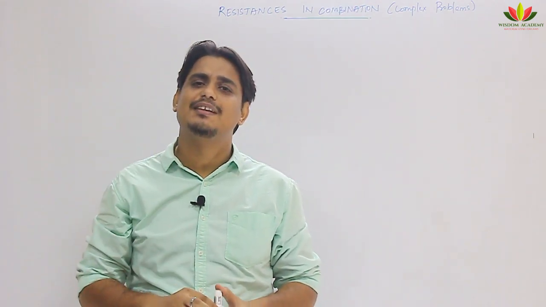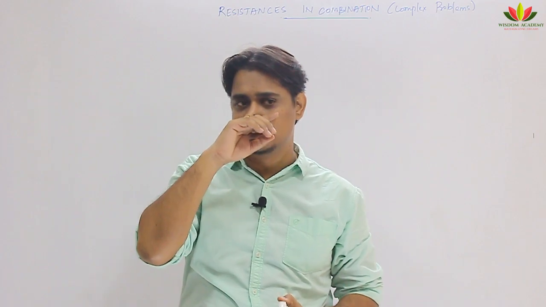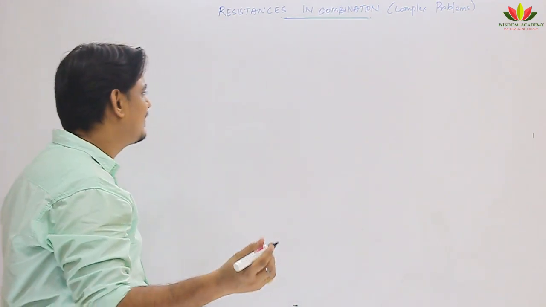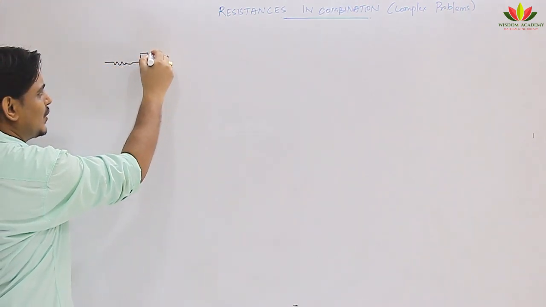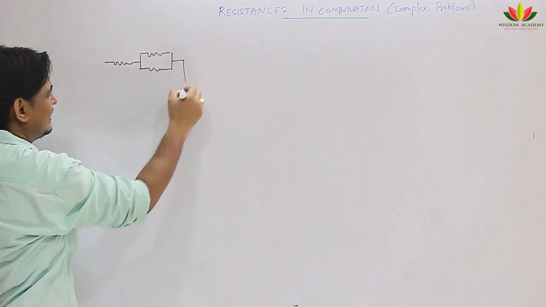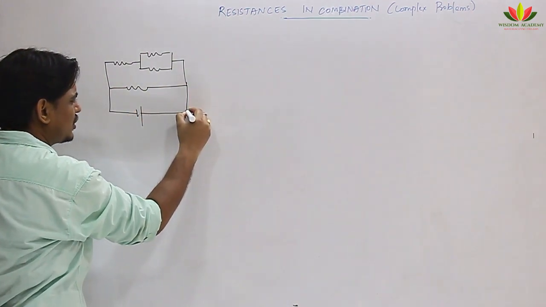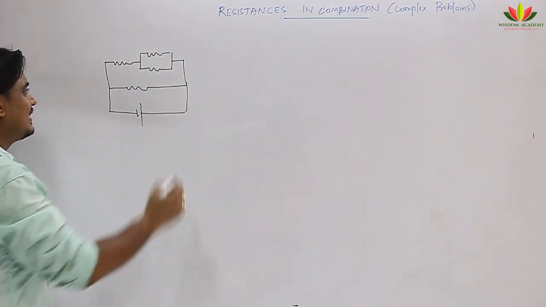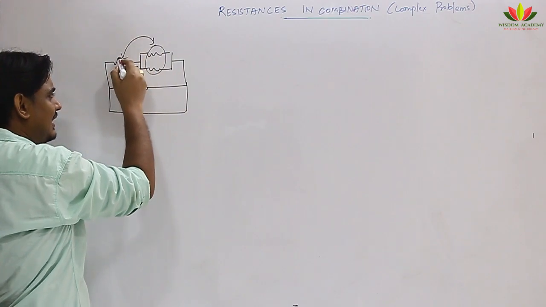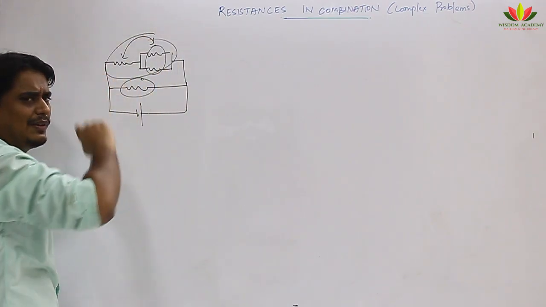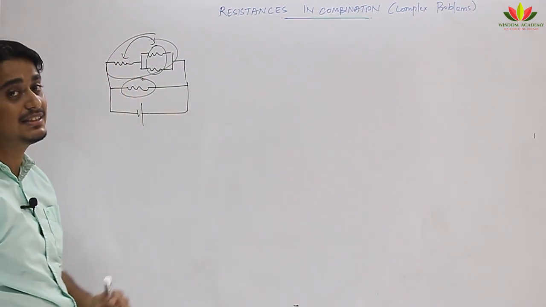That was very basic level of resistors in series and parallel. Today I am going to go one level above and tell you some complex cases. What is the meaning of complex cases? Till the previous class we have drawn something like this: a resistance, and these two are in parallel, and there is a cell here. In this kind of question, very easily you could find that these two are in parallel, then this combination and this are in series, then this total and this are in parallel, and finally you get the net resistance, because everything is visible here whether it is in series or in parallel.